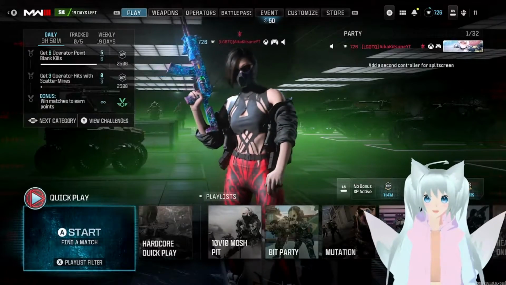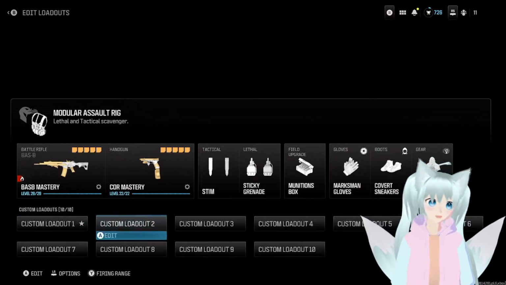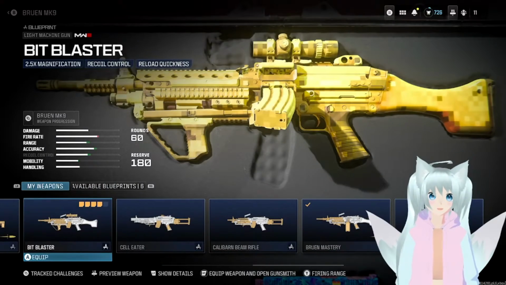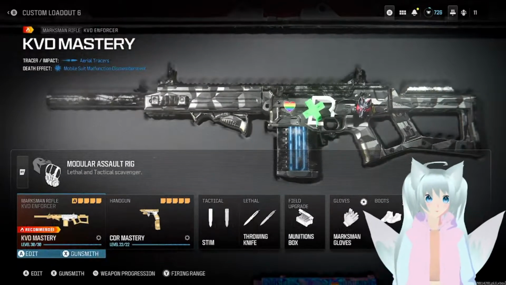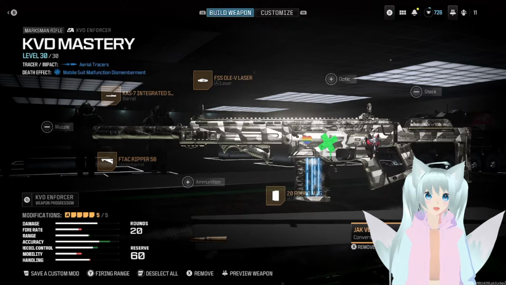Immediately after getting angry on Get High, we are going to be using the new aftermarket part that released today, which is kind of mid as hell, if I'm being honest, from what I've seen of it. Also, yes, if you get the XP stuff, you get that. I already have it. But we are using the new aftermarket part for the KVD Enforcer and the KVD Interceptor,